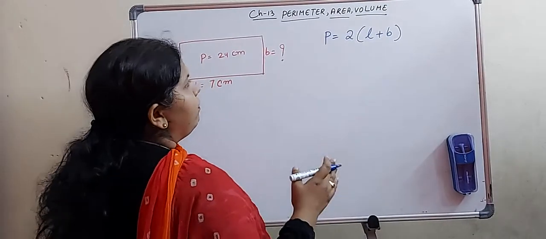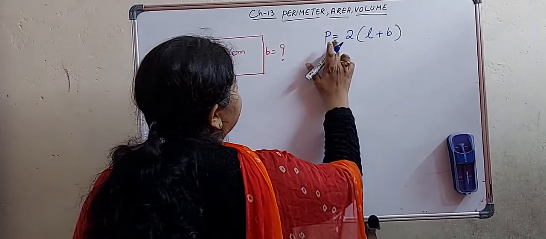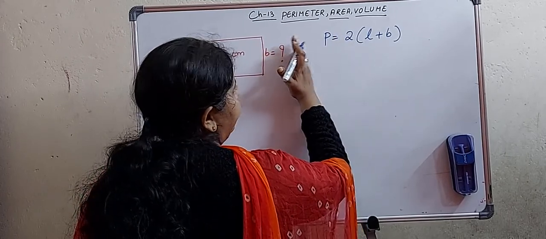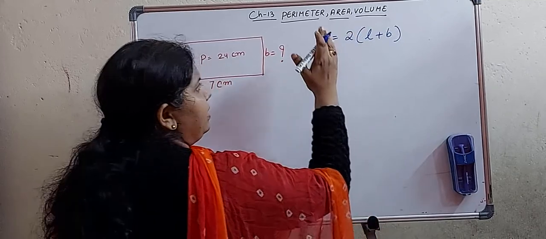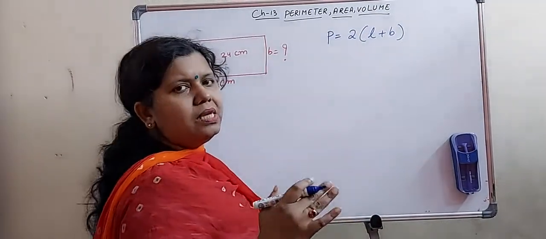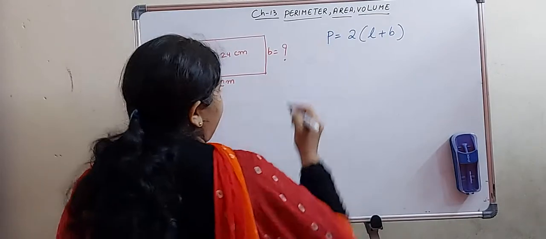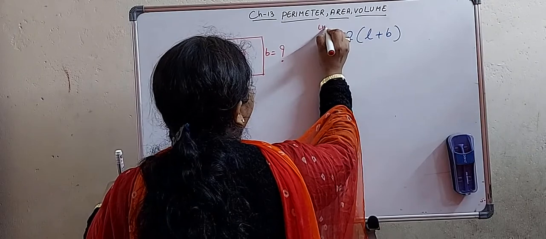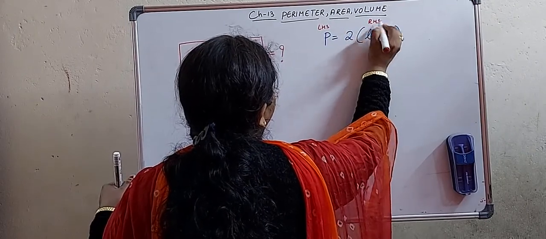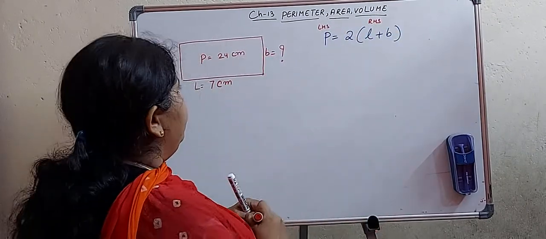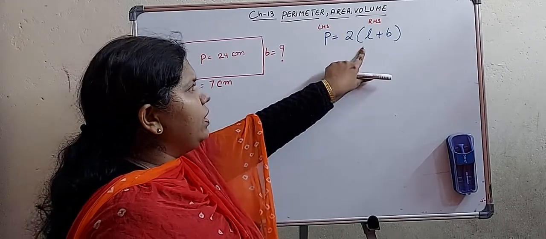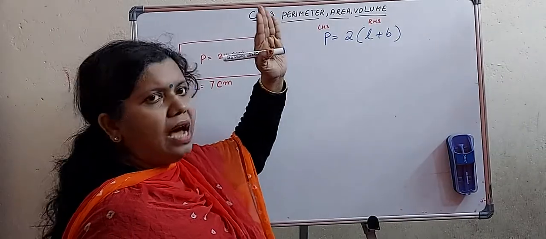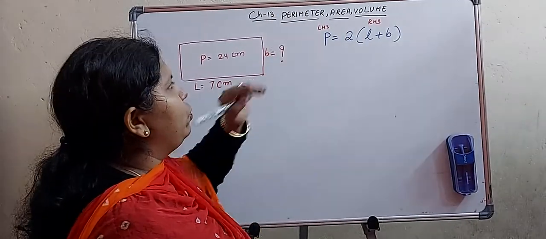First, remember this is the equal to sign over here. Equal to means this is the left hand side and this is the right hand side, and always the LHS is equal to RHS. I will write here: this part is your LHS and this part is your RHS. Whatever we do with this, the same thing we have to do with this. Whatever operation you use in RHS, the same operation you have to do in LHS.